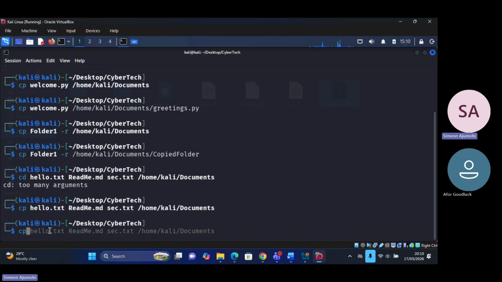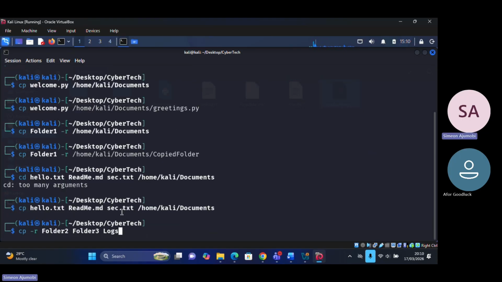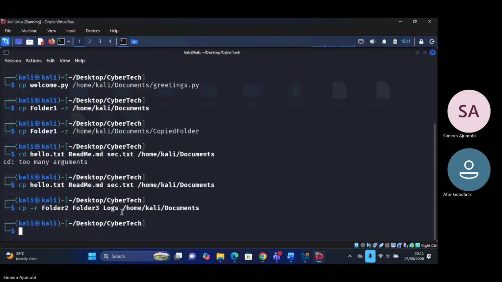So I'm going to be doing cp -r, that means recursively, folder 2, folder 3, and logs, into /home/kali/documents. Without error simply means we should be seeing folder 2, folder 3, and the logs directory in the